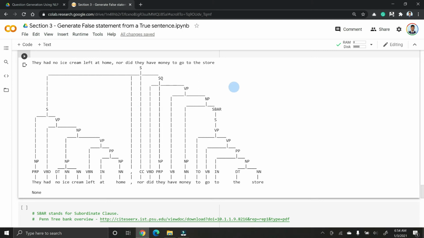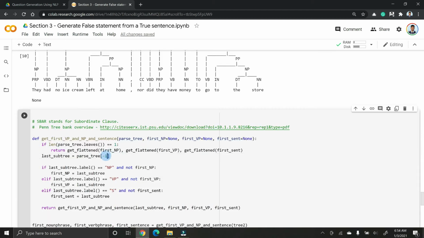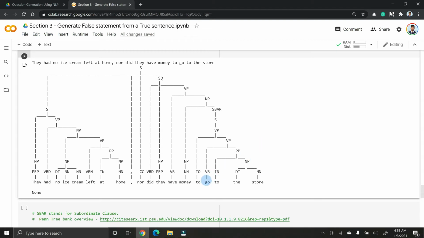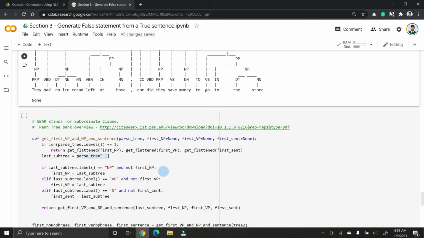If you have multiple nodes and you want to get the rightmost noun phrase or verb phrase, you have to get only the branch that is rightmost and parse through that. That is why we have the -1 index. Every time we get only the rightmost parse tree and iterate through that. If you look at this tree, the rightmost noun phrase is the store. The rightmost verb phrase is go to the store, because it is the whole thing under this verb phrase. If you don't understand what these terms like SBAR, VBD, PRP, etc. stand for, you can also look at this link that is here.